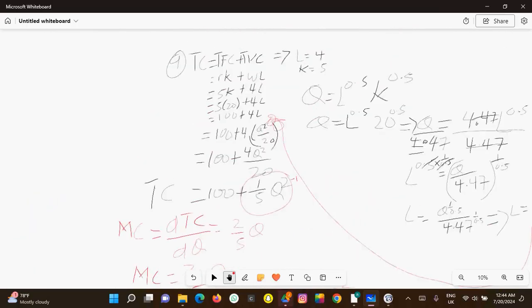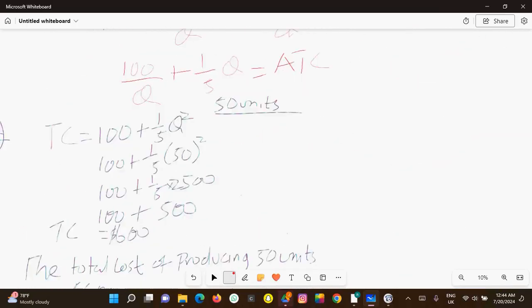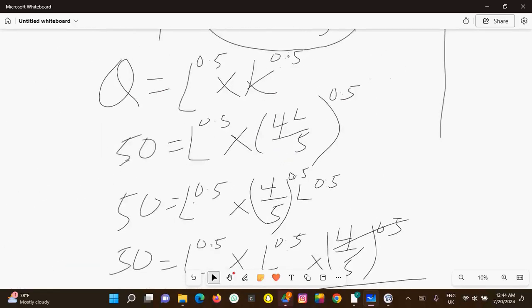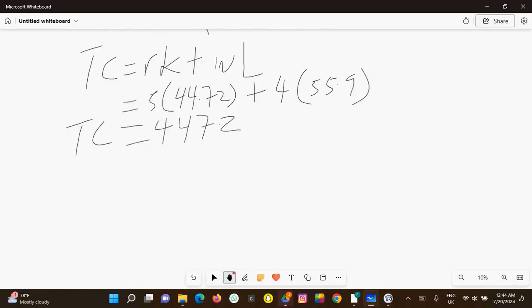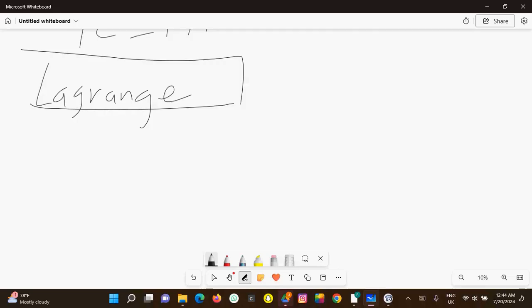Okay, I've remembered. So now we use the normal MPL over MPK is equal to the price of labor over the price of capital. We can use Lagrange. I don't know if you understand it though. For Lagrange, what you have to do is determine your objective function and then your constraint, like objective subject to constraint. So this is what it will be like. So remember,